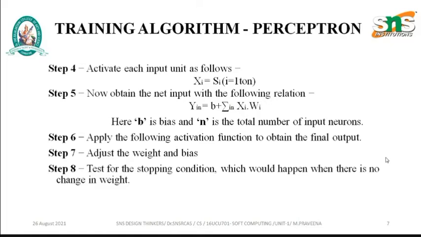ஏன்னா for example, when we give patterns such as some animals, pet animals like dog, cat, and then rabbit. Likewise, many inputs we are giving, and we need to identify dog alone. So we know the expected output is dog only, isn't it? While we are entering these animal names or figures as the input, processing is done with this multiplication and all, and after that summation is done, and then we provide the activation function, and we get some output.